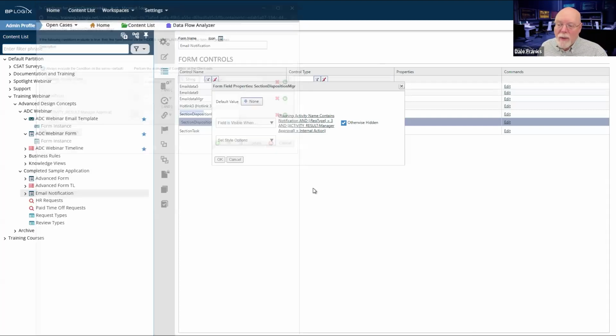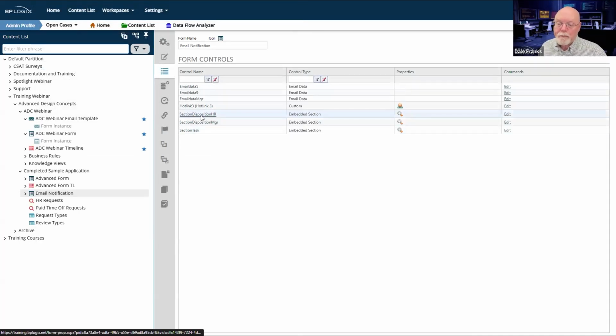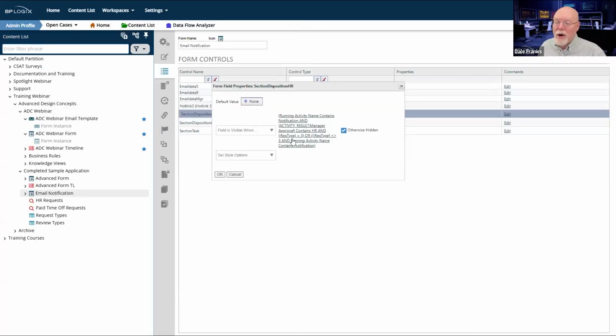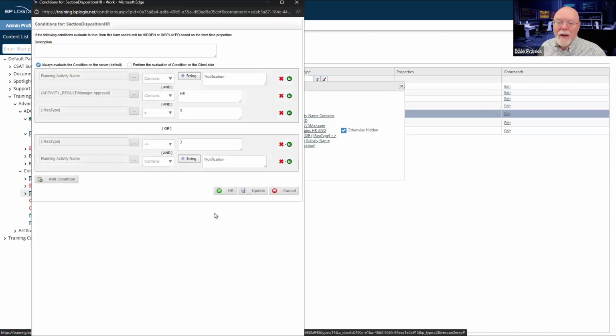Now, of course, my HR notification is somewhat simpler than that. So for my HR notification, well, I said it was simpler. It's actually more complex. For the most part, it is simpler. It actually is simple, but I need two different conditions to do it.